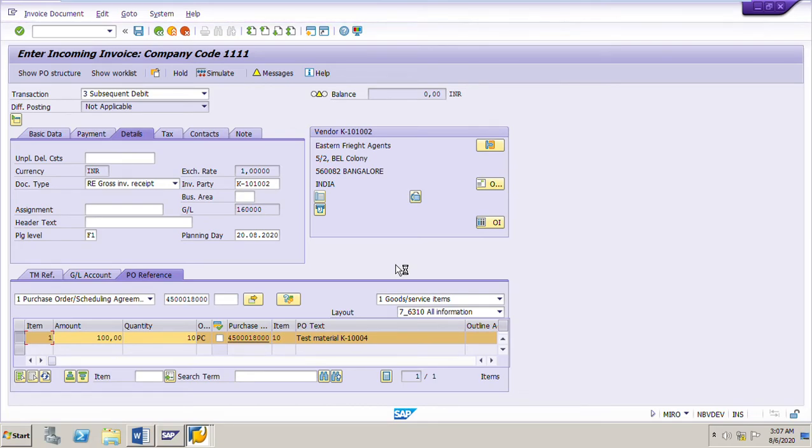And also once this invoice is posted, we will go to the PO history and we will see the separate line for the subsequent debit.